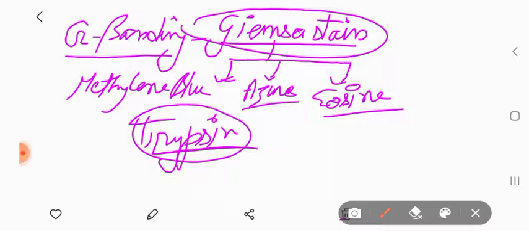Now, at which regions of the chromosome does this Giemsa stain normally stain better? Generally, the heterochromatic regions, that means those regions which are tightly coiled, where the chromosome has been tightly coiled with the histone proteins. So the heterochromatic regions, which tend to be AT rich regions of DNA and relatively gene poor, stain more darkly in G banding.